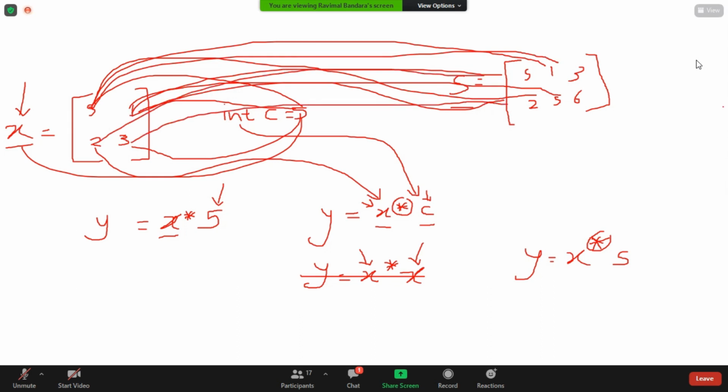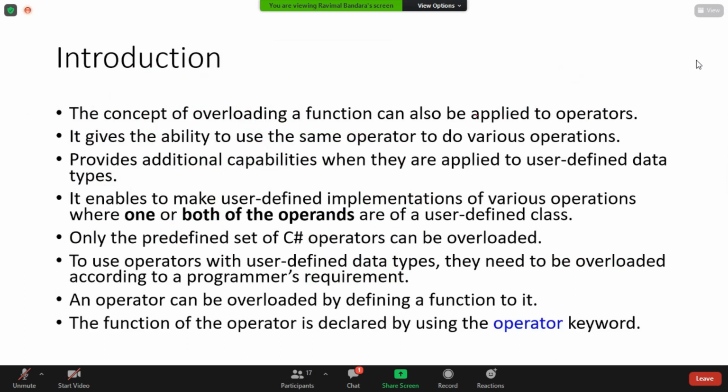Likewise, you can keep doing this multiplication to get the answer. So that's the introduction to operator overloading, and I guess you get a brief idea about what we are going to do.